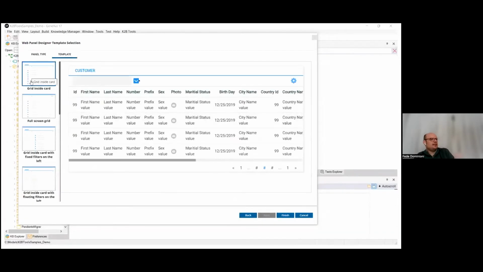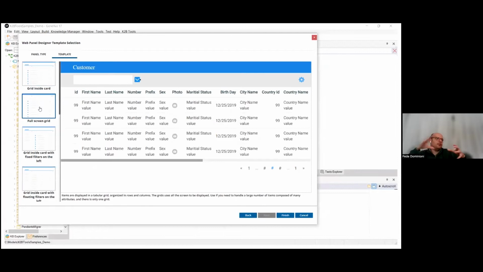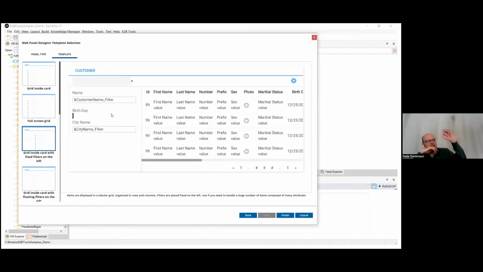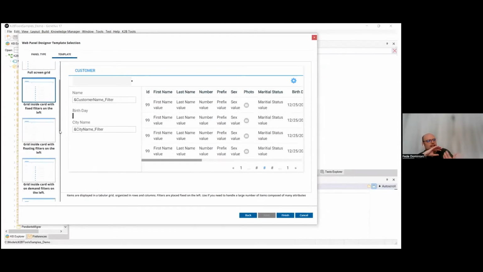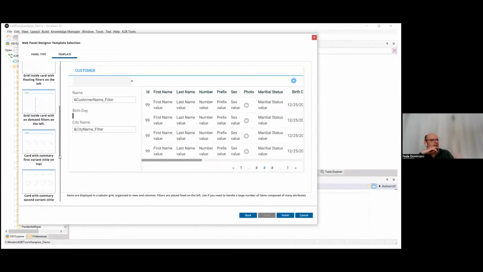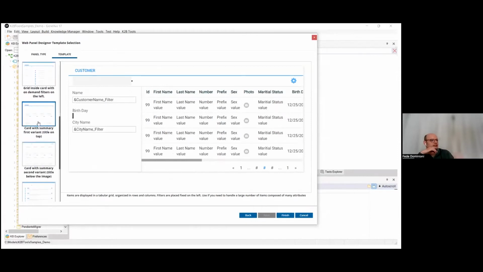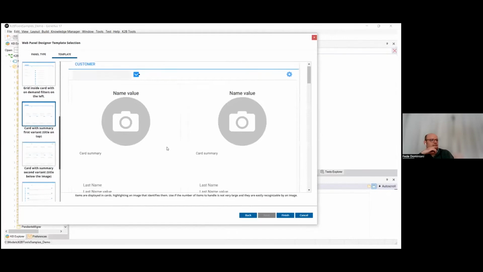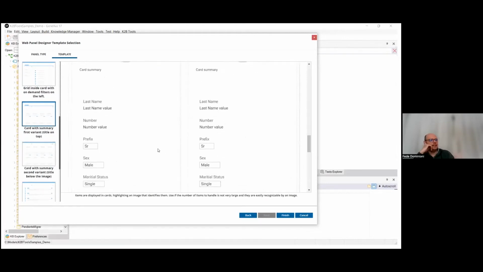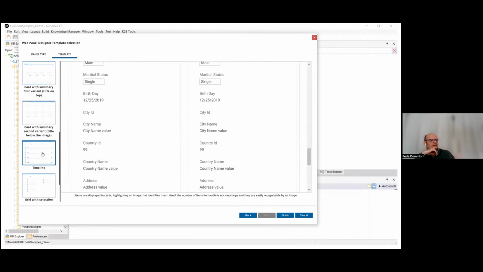You get a lot of options for that list part. And you can say, for example, okay, I want to have a card, I want to have a full screen grid, which is usually used when you do shopping, for example. Here we have a preview that is being applied to the base object. This is what it's going to look like when you apply it. So you can just see it in this preview right here, which is giving you very interesting feedback on what is going to change. So, for example, if you just want to see the pictures of your clients,